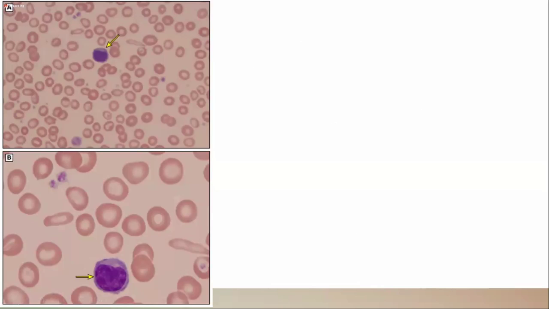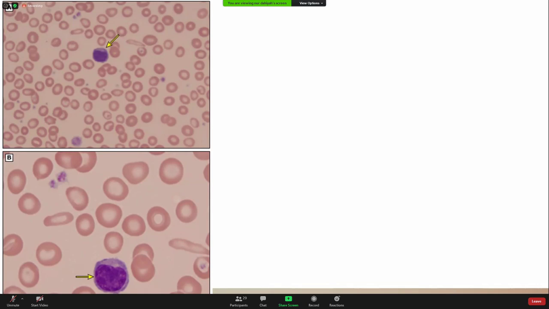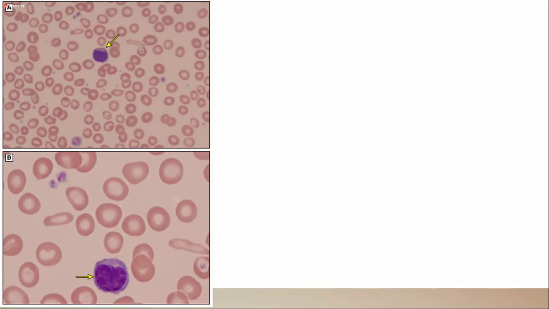Okay, this is just an example of a peripheral blood smear. I think we saw it in our class last time, right? In this first picture, there is a reference point, which is the arrow, which is our lymphocyte. We can compare the size of the red blood cell to the lymphocyte, and it is much smaller. So it can be found in microcytic anemia, with microcytic type of cell.